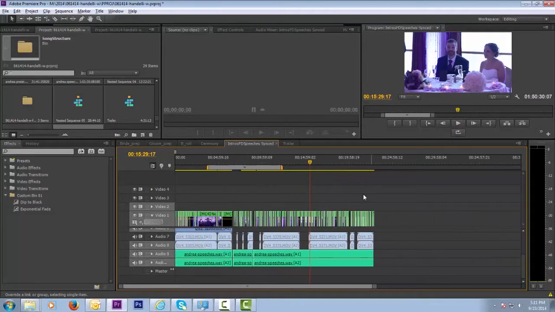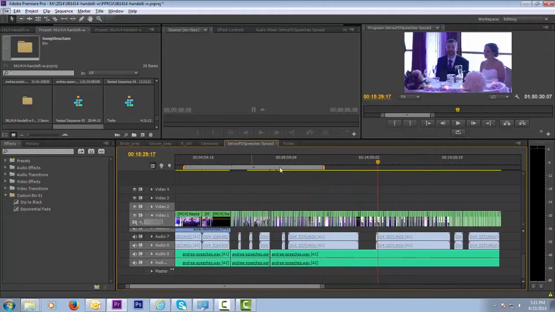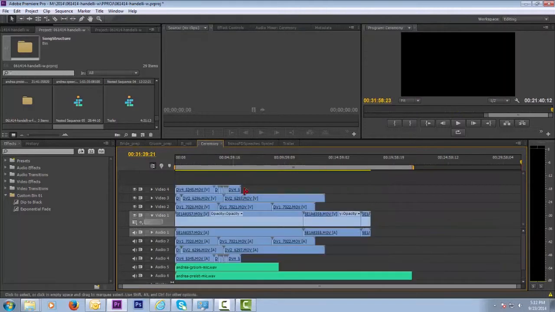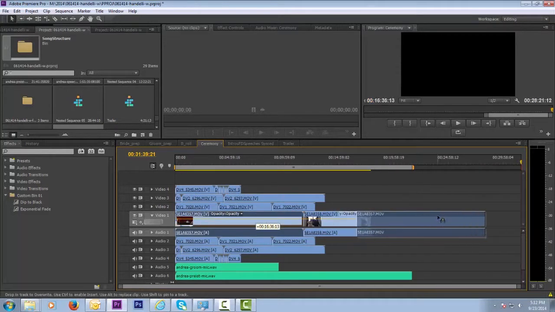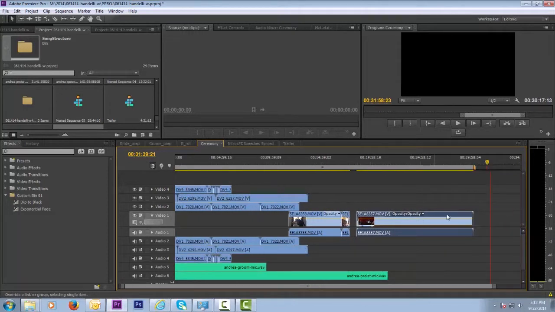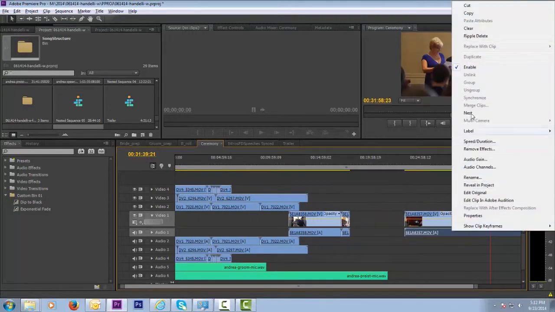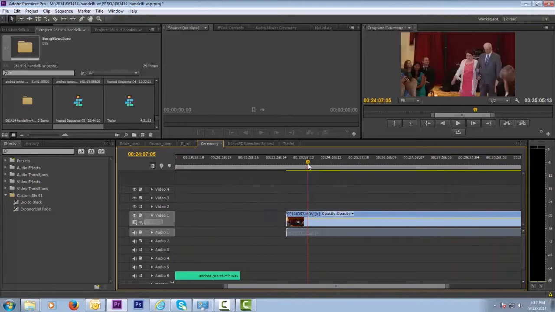So I'll go through and I'll actually spend the 20 minutes or so it takes to listen to these speeches. The next thing that I will do is I will go over to the ceremony and I will look at the ceremony stuff. Now, the ceremony is usually broke up into several parts. If you take a look at a ceremony, it's pretty obviously, a lot of it's the same. People walk down the aisle. Ultimately,